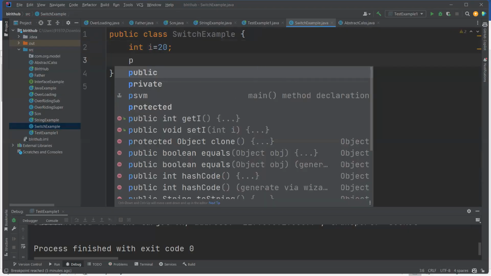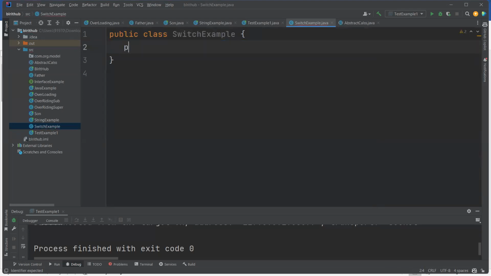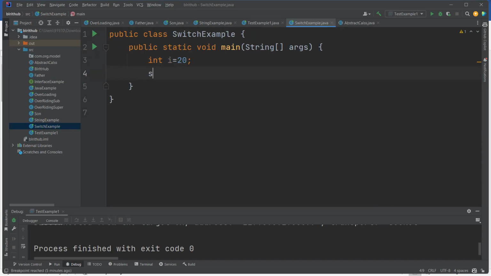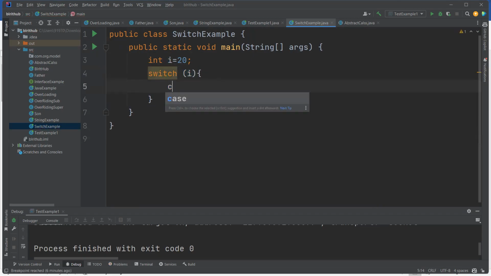Now public static void, instead of SVM, i is equal to 20 or 10, whatever it may be. Switch i, open braces and close braces, and case,